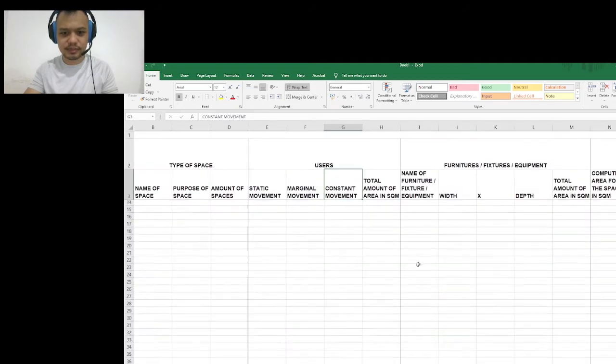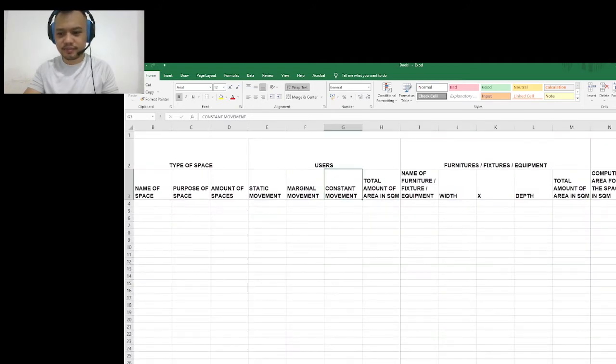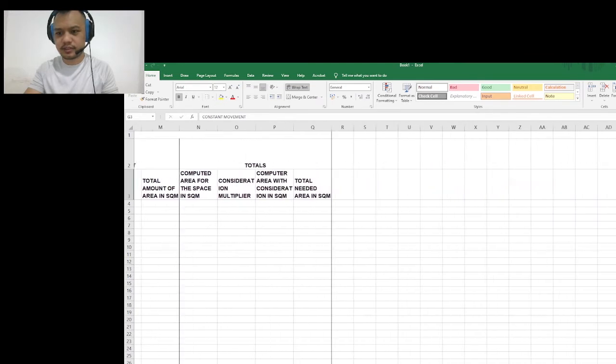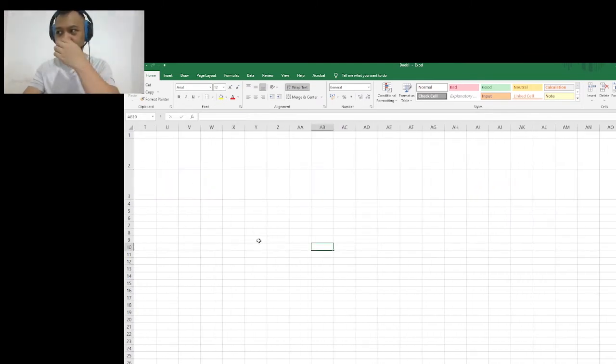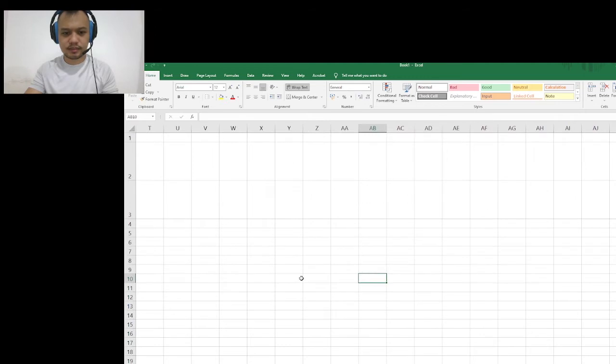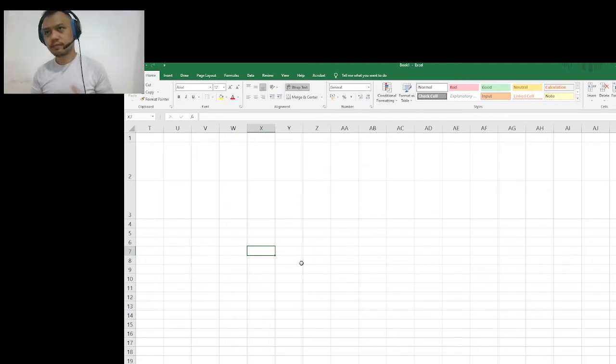Now let's just go ahead and zoom in somewhere. We'll go ahead way over here so it's more understandable. Okay, so right here somewhere. The idea is when we indicate the kind of users in that room, we're already describing how much space we need. The reason I use 0.6 for static is because they're not technically moving that much. And to be honest, 0.6 square meters is a bit much